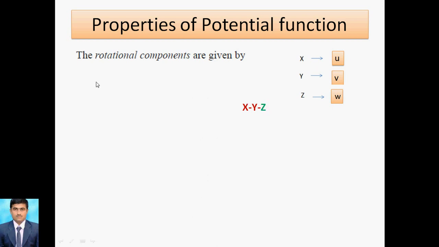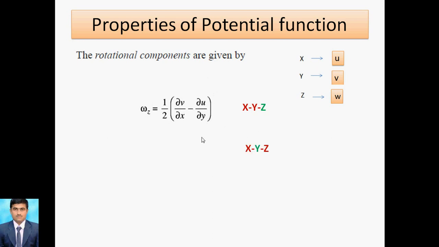So z indicates wz is equal to half. Half means it rotates about 180 degrees, that's why I consider 1 by 2, and in brackets x and y. X is first, that's why I write x; y is second, so I write dou x and dou y here. And in diagonal format, suppose the x direction is there, what is the velocity? It is u, and for the y direction the velocity is v. So in diagonal format, that completes the value of wz. So always remember that wz is equal to half of dou v by dou x minus dou u by dou y.